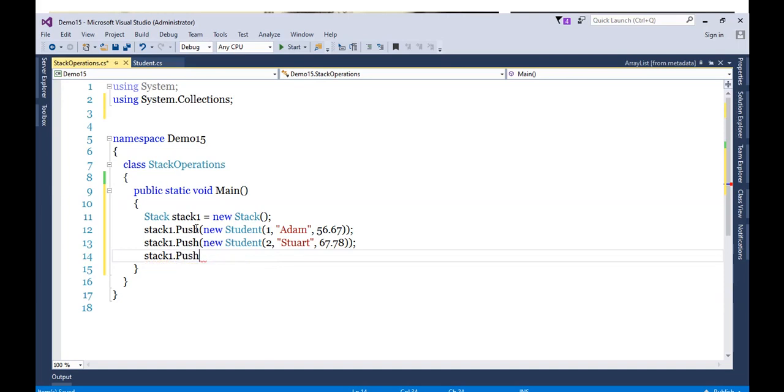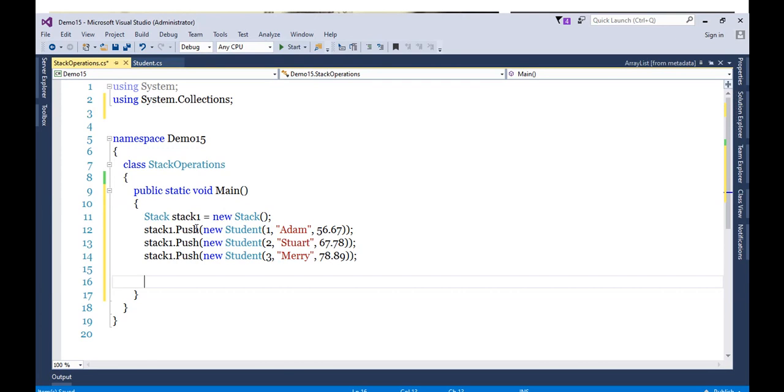Actually, copy paste I need to do. Okay. So we have taken a few elements in this.